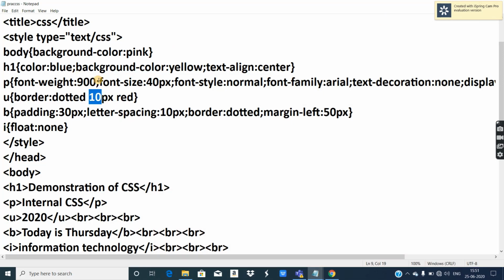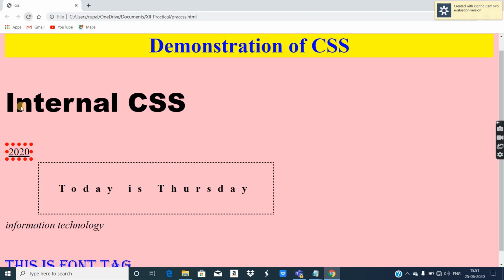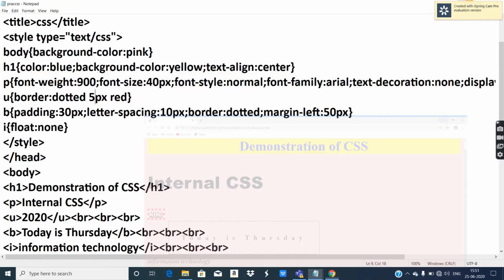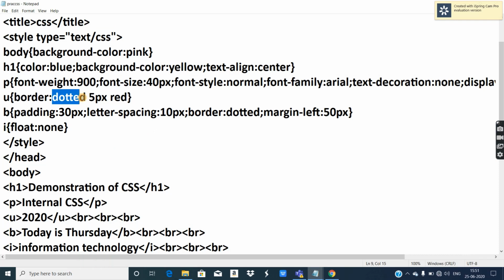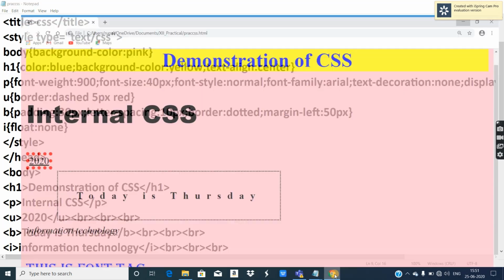I'll reduce this to 5, and you can see the change. See, thickness reduced. There are various other types of border. Dotted border is one. Then we have dashed. We'll execute each and every value.